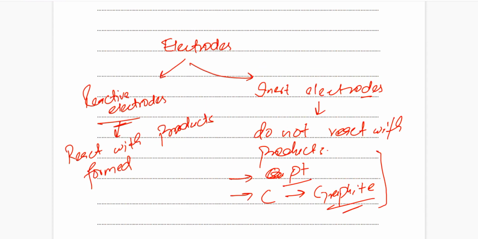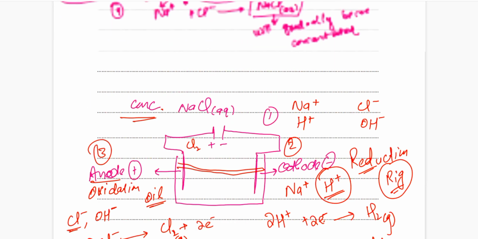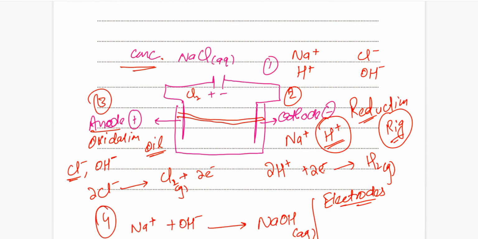So what we use over here in case of concentrated NaCl is carbon electrodes. You may wonder how carbon can conduct electricity. Of course carbon cannot conduct electricity because it is a non-metal, but graphite has the ability to conduct electricity, so graphite is used over here. Both electrodes are graphite, which is inert,